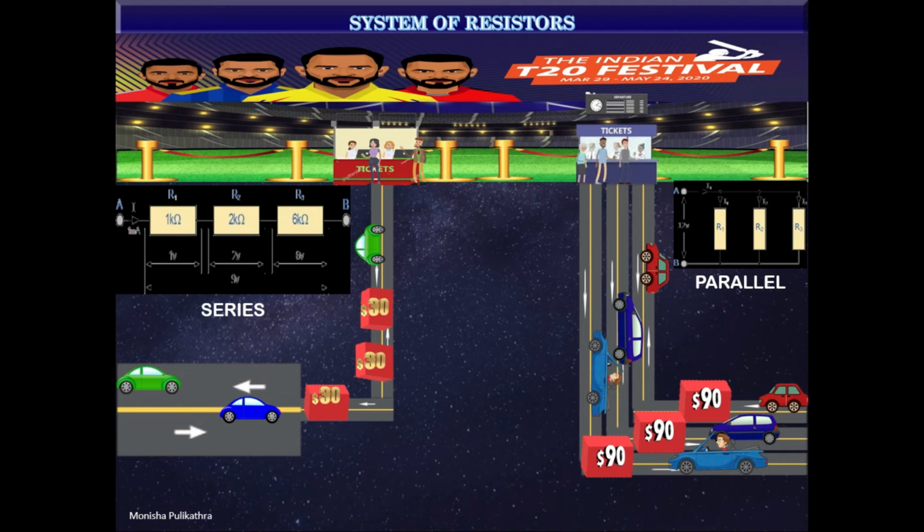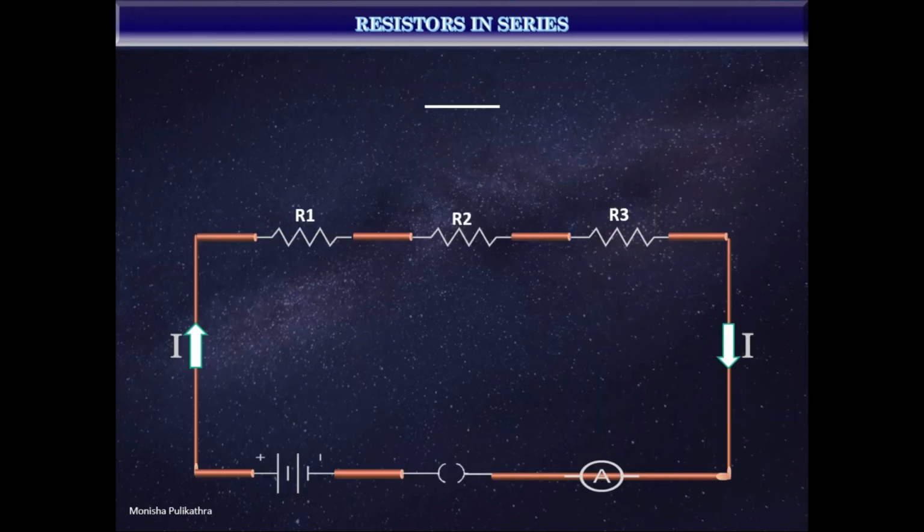So we can summarize it. Resistors in series have higher resistance and lower current flow. Resistors in parallel have lower resistance and higher current flow. We can elaborate by explaining in detail. First, I will take an example of resistors in series. You can see a circuit here with 3 resistors with the values R1, R2 and R3 connected in series. How do we know that? Because the resistors are connected one after the other, forming only one path and not multiple paths.